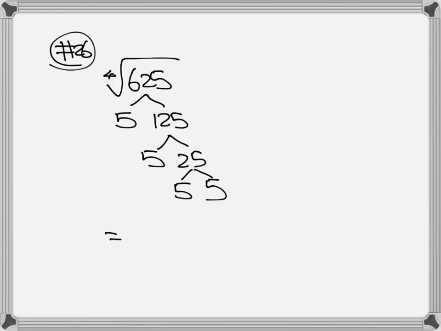Now, the little 4 outside, let me show you this number here. The little 4 outside tells me what? I'm looking for 4 numbers that are the same. So here's my 1, 2, 3, 4. They are 5, 4 of them, so they become 1. So my answer is equal to 5. Okay, now next, let's look at number